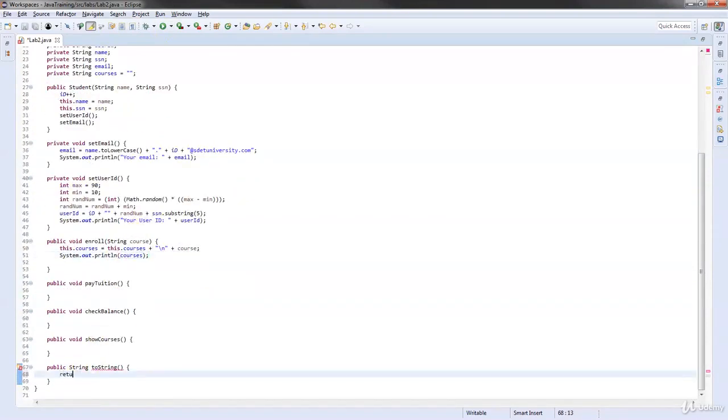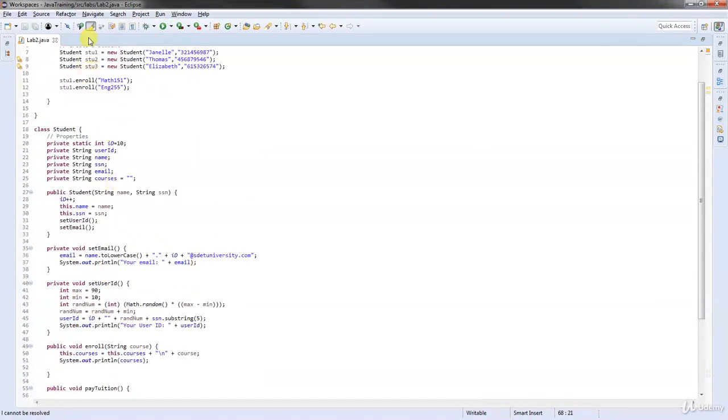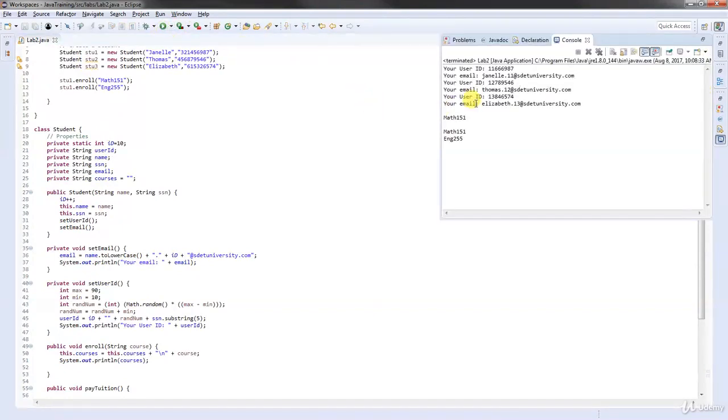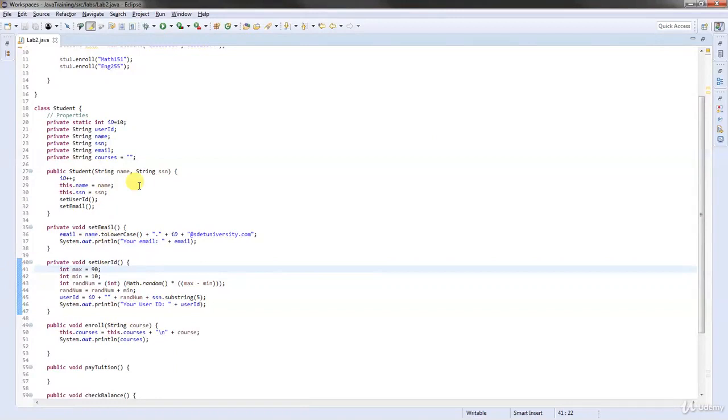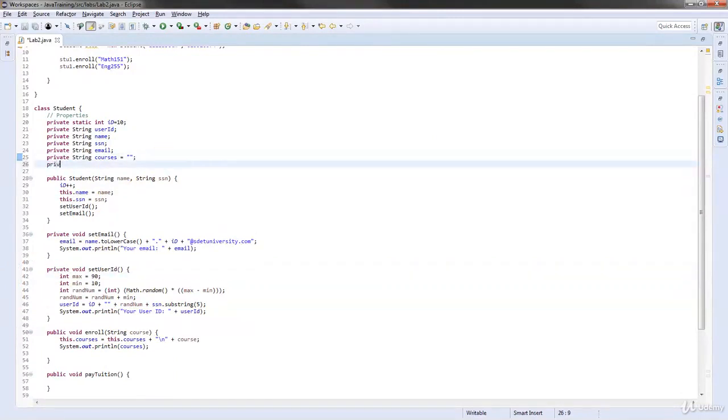Okay, return null, just so we don't get an error right now. Okay, execute this. There we go, math 151. Okay, very good. So now we see that it's accumulating our list of courses. Now also what we want to do is every time they enroll, we should have something like the private